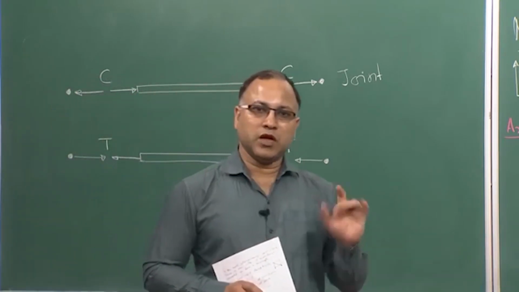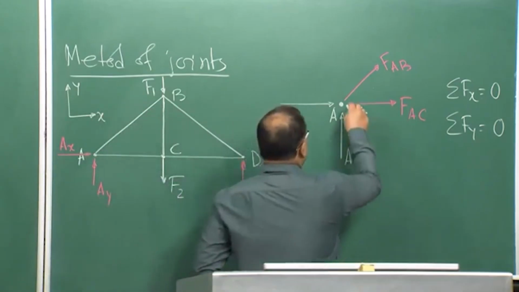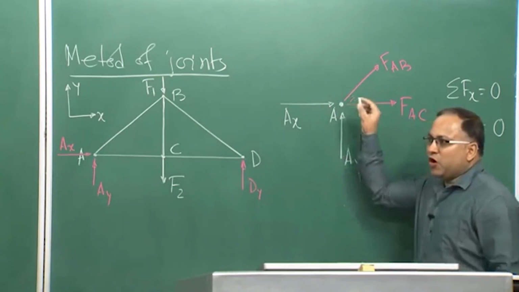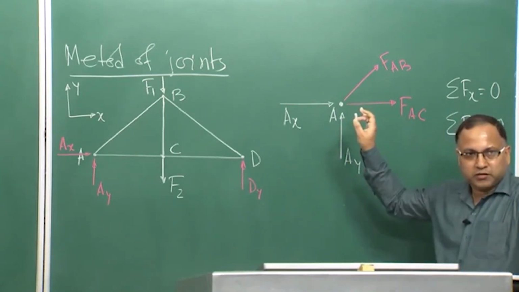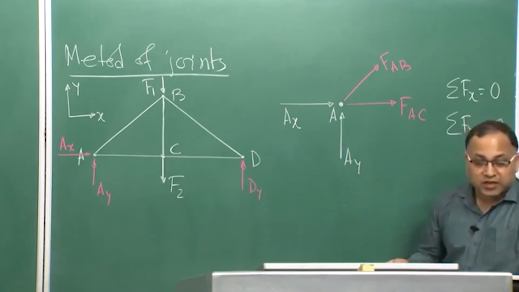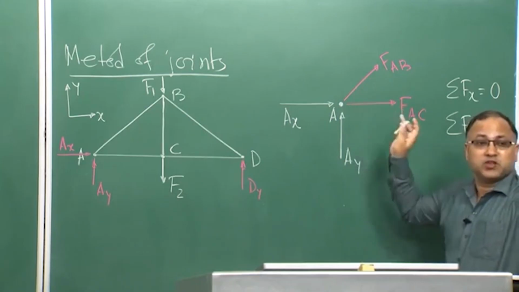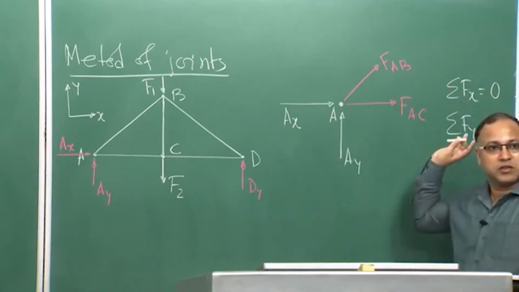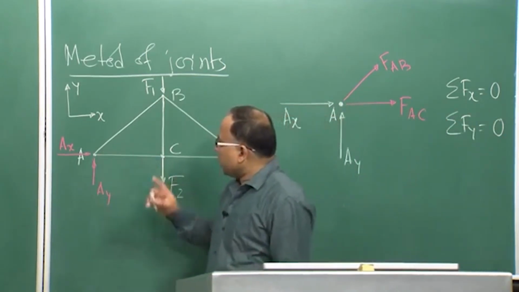Okay. Now, by considering the equilibrium of joint A, we will be getting the magnitudes of FAB and FAC, because we have two equations and two unknowns, so we can solve it. Now, after point A,